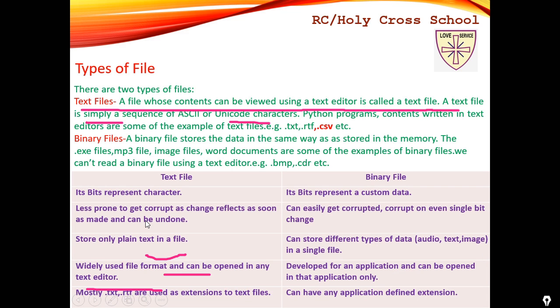Now we are going to see what is there in a file. Let's understand this. Basically there are two types of files. Python will understand text files and binary files. Normal, what you are going to write in double quotes, they all are text files. You have seen Notepad. Notepad is a type of text file.